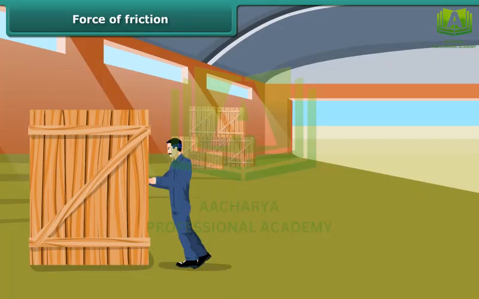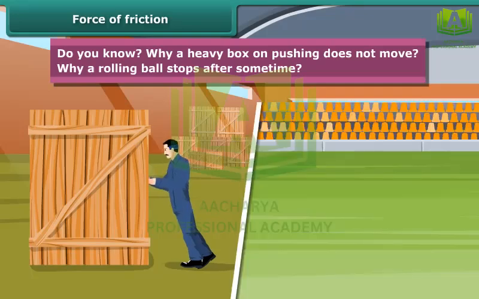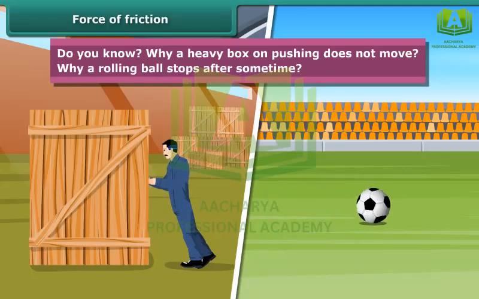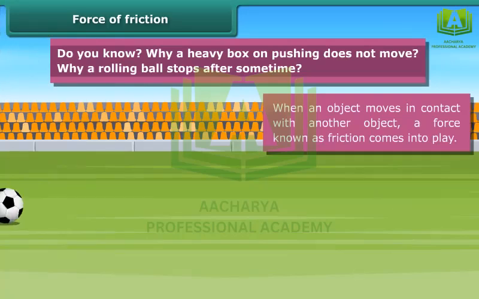Force of friction. Do you know why a heavy box on pushing does not move? Why a rolling ball stops after some time? When an object moves in contact with another object, a force known as friction comes into play. Note that the force of friction always acts on all objects and its direction is always opposite to the direction of